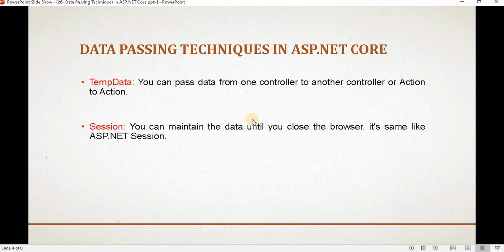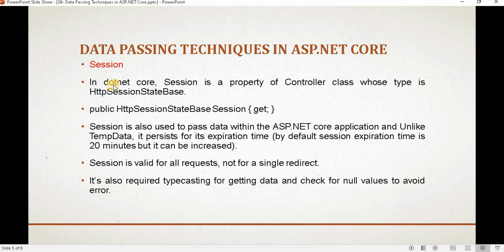And Session: you can maintain the data until you close the browser, similar to ASP.NET session. When we run an application, until the browser closes, we can use the session data. In .NET Core, Session is a property of the controller class whose type is HttpSessionStateBase.